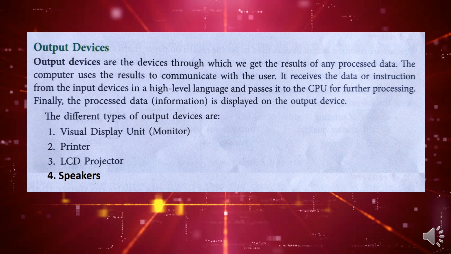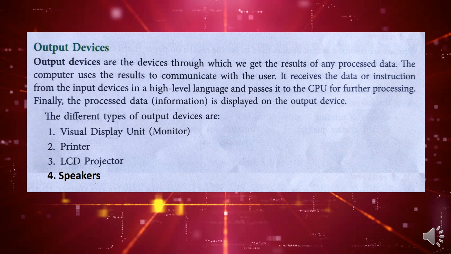That is, it is converted into binary language, and after the data gets processed, it will come out through some mode. If the command is given to print something, it will come out through a printer, or if the command is given to show you some video, it will come out through the monitor as a video and sound from a speaker. So this way the data comes out through these modes, and these modes are called output devices.